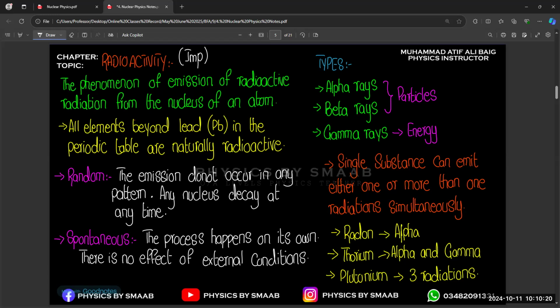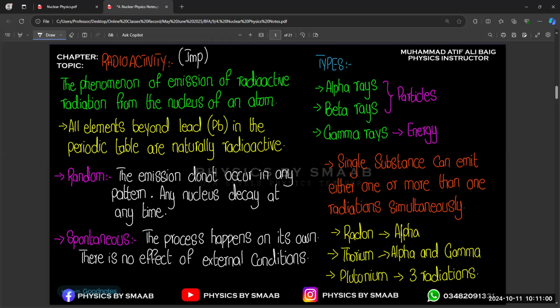And what is radioactivity? We know that there are so many types of nuclear reactions, right? And we know about nuclear weapons, nuclear bombs, nuclear power plants. All these terms with the name nuclear are very dangerous, very harmful. We all know about the atom bomb, that is also a category of nuclear reaction. We will also study how the atom bomb actually works and how we can start the reaction of the nuclear bomb. That is also included in our syllabus.